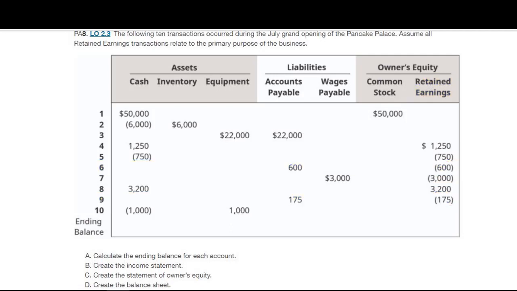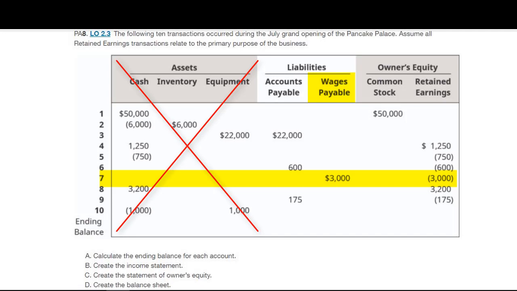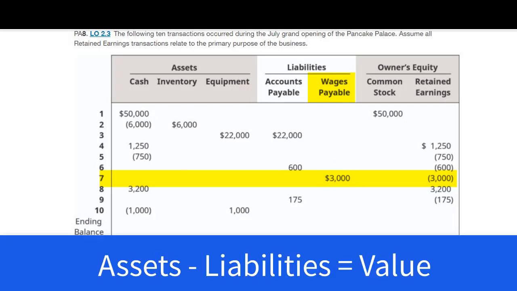There's only one other row we have not talked about yet. That's row 7. And row 7 is actually a lot like 6 and 9. Someone is doing work for us. We haven't paid them yet, but we owe them money and we will pay them in the future. In row 7, since we have not paid them yet, there is no change in cash or any other asset. We now owe them $3,000. That's a liability. And if assets do not change, but liabilities increase by $3,000, the value of the company will